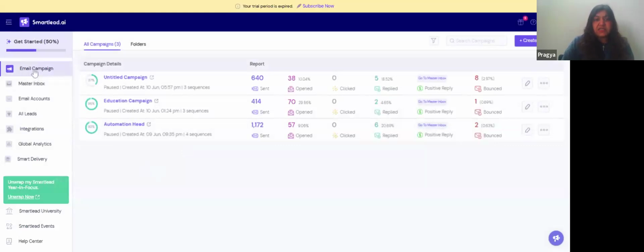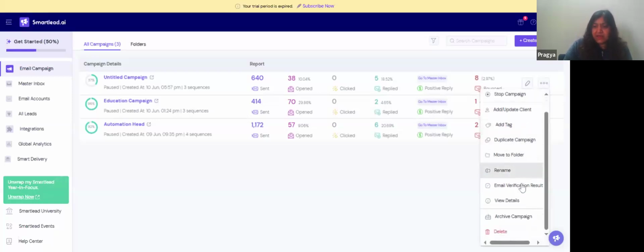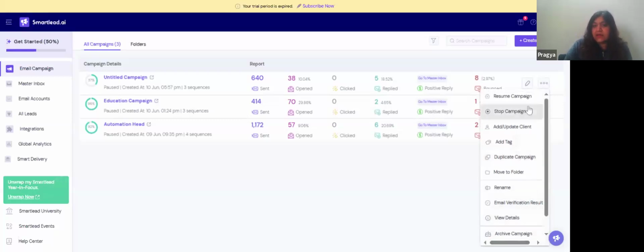Next, these are the campaigns where the campaigns are built. You can easily write the names of the campaigns. You can stop a campaign or resume a campaign as needed. You can assign it as per the date. You can add tags. You can update the client name if something has changed. You can do analytics on it. There are tons of things that you can use. You can even delete it if you don't like it, and you can even duplicate it if you like it and want to do it again for some other campaign.